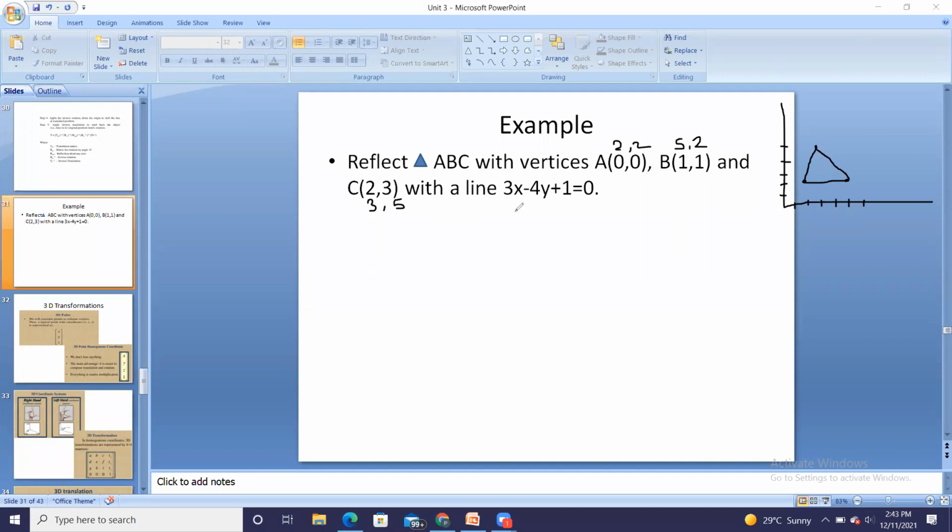Now I am having this line. With respect to this line, I have to reflect this triangle. Okay. I have to reflect this triangle with respect to this line. So I will arrange the terms in such a way that the expression will be equal to y equal to mx plus c. Okay. So I will arrange the terms. So 4y, I will pass this side. So I will get the expression as 4y equal to 3x